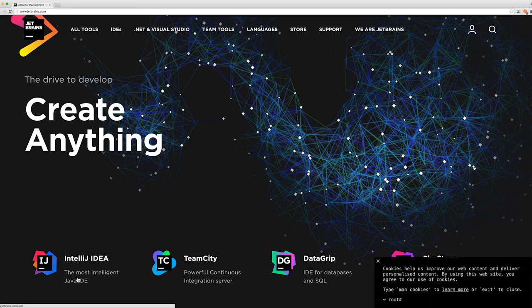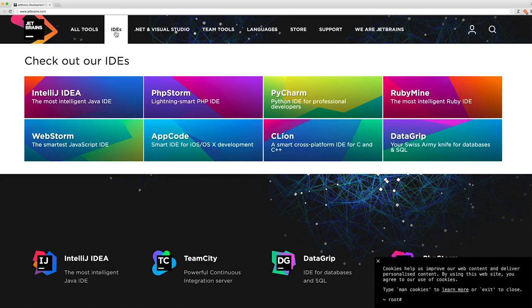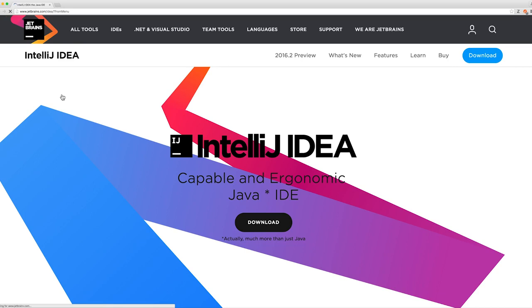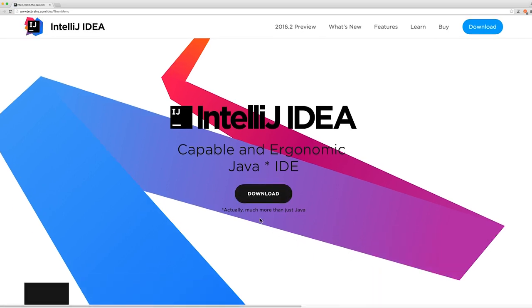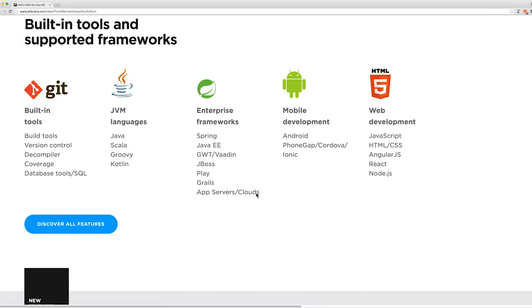Then I'm going to come down here to where it says IntelliJ IDEA, or alternatively it might be an option to click it up there and click on IntelliJ IDEA. Click on that. And I'm just going to come down here and close that little box. And I'm going to click on download. And scrolling down,